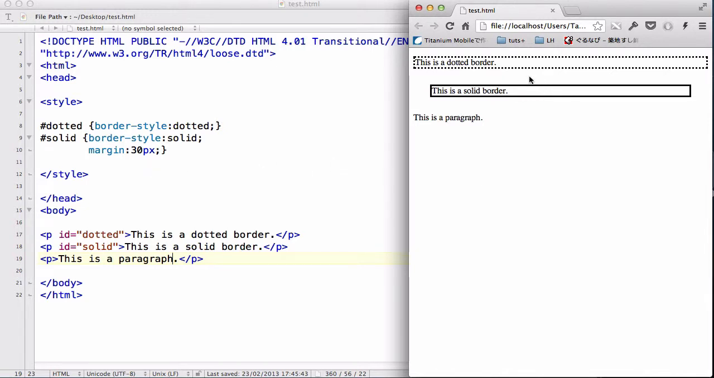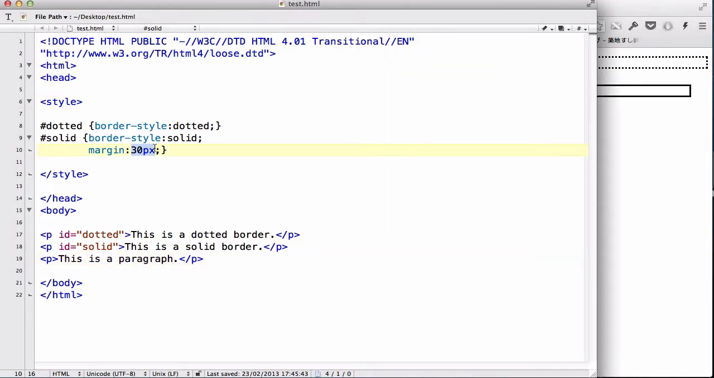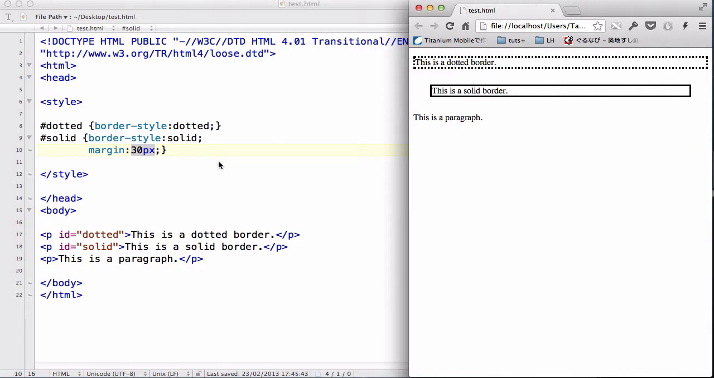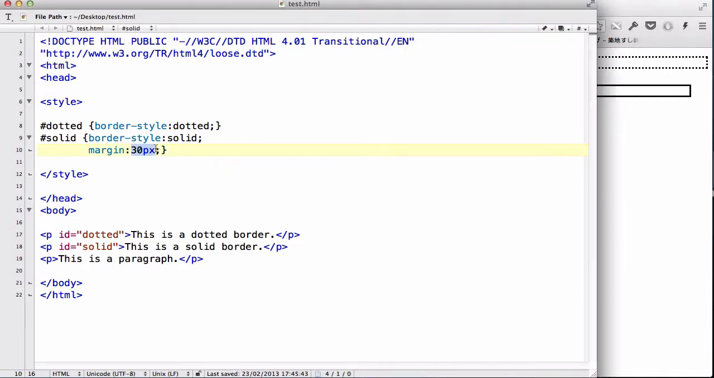What that does is you give 30 pixels to all four sides from the border of the box. By default, when we only give it one number, it applies to all four sides. Now if we give it two numbers, say for example 30 pixels and then